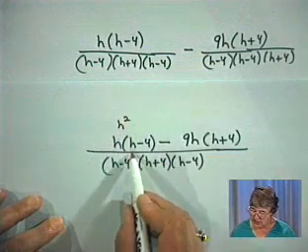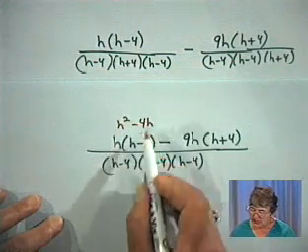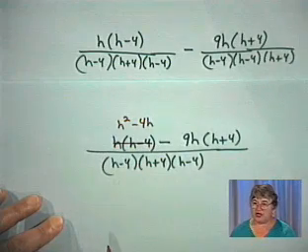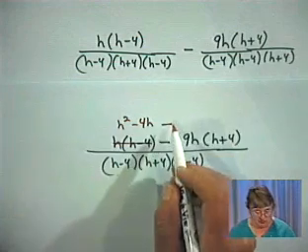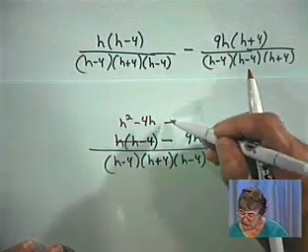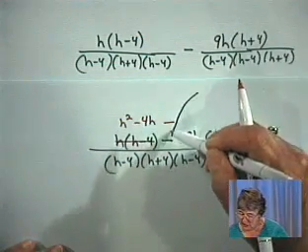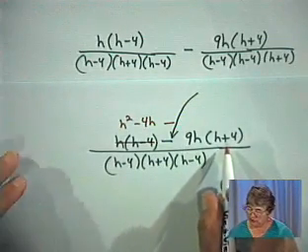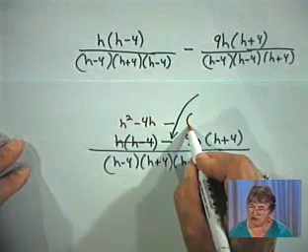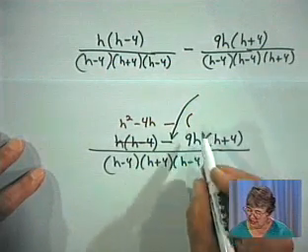So we'll have an h squared minus 4h for the first part. So I'll go ahead and cross that out because I've written it in another way. And then I've got a minus. Be really careful with this minus right here. Since you've got a minus right here, it's minus the entire quantity that we have here. So when we multiply it out, it's really important that you put a parenthesis there. So 9h times